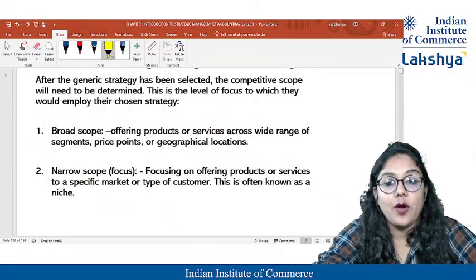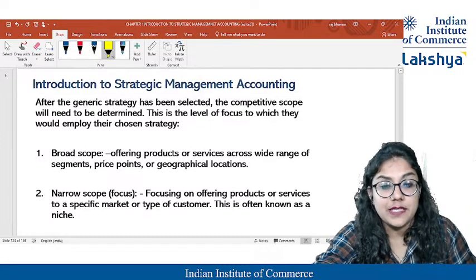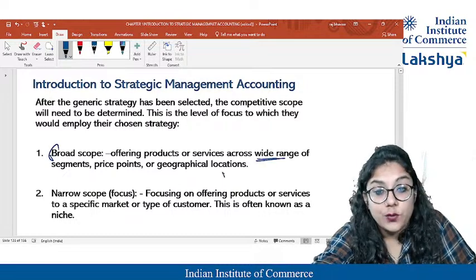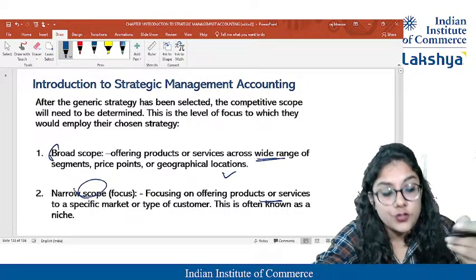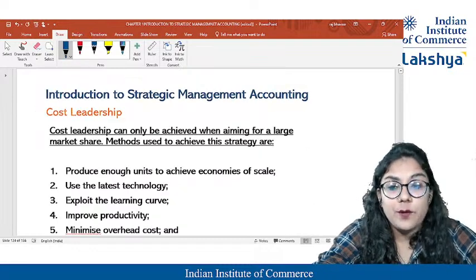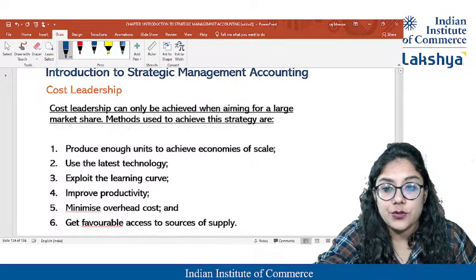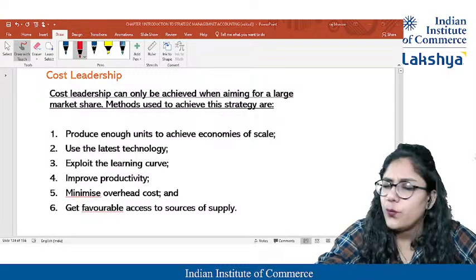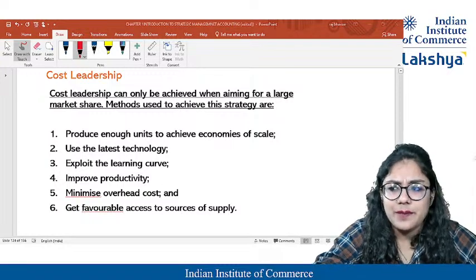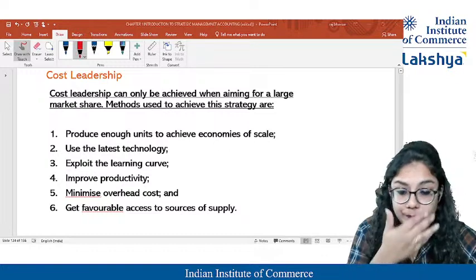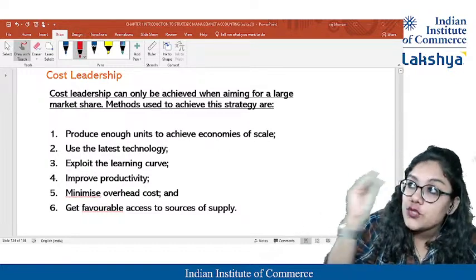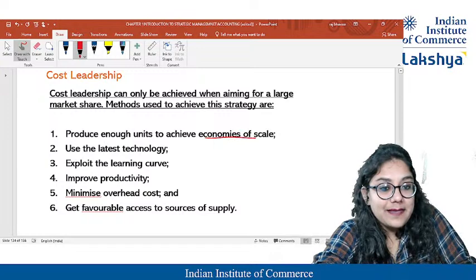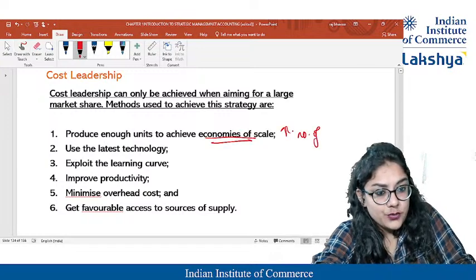After understanding the generic strategy, the competitive scope comes up, where we have to analyze the broader scope, meaning which areas to go ahead in, and the narrow scope, meaning which products to be given up. If I want to be a cost leader like Jio, what things do I have to consider? Students, it's very important. If I want to reduce my cost very low, will it be fine if I produce a very small number of units? Ma'am, no. If your number of units is more, your cost per unit is spread out. So first, you have to have economies of scale, and a large number of production should be there.